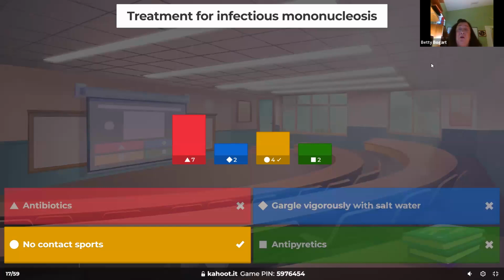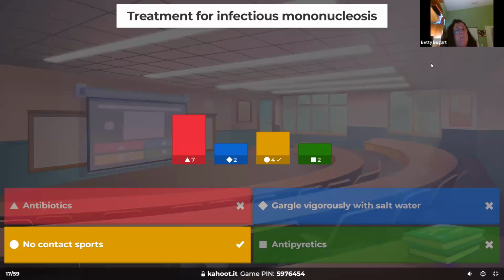Mononucleosis is a sore throat, aches and pains, and it's viral. It's the herpes virus. We treat it as a kissing disease, but it causes a lot of swelling in the spleen and the liver. And one of the big teaching moments that we give them is, yes, Tylenol and Motrin for pain and fever,